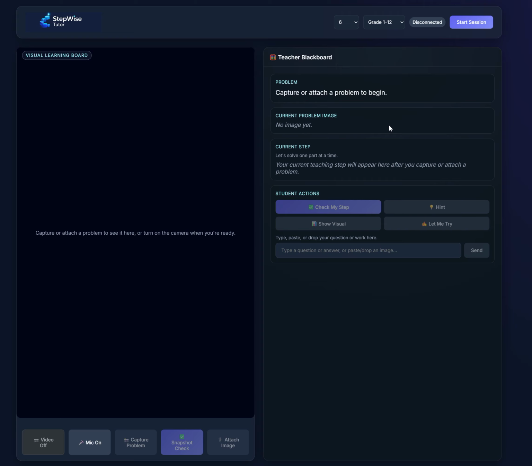Now the problem we are solving is that most AI tutors still feel like chatbots. They give students too much text and not enough guidance. With a StepWise tutor, a student can capture or attach a math problem, and the app turns it into a structured teaching workspace. The tutor reads the problem, shows the image, and teaches one current step at a time instead